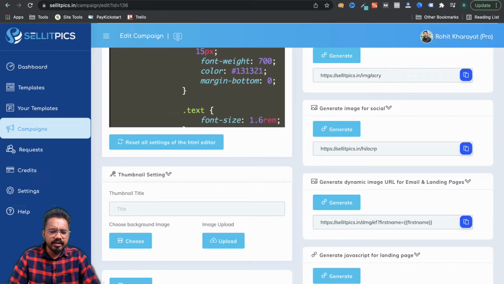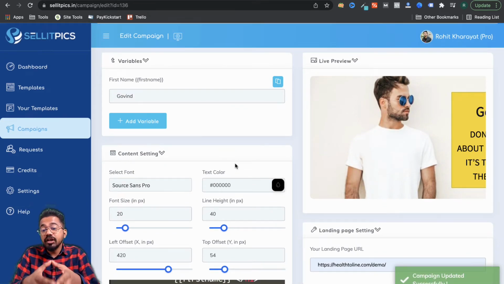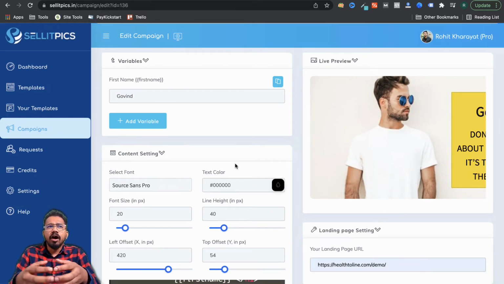You can do many more things, but I really like the email part and the social media part of it. Also you can do it on landing pages, but you have to send a different link for different people. On social media, yes, you also have to do it, but there is a bigger outreach on social media.